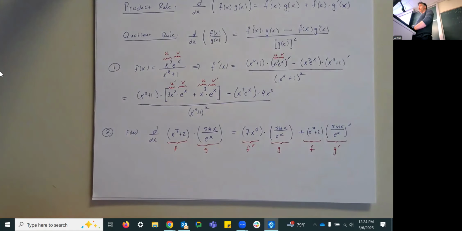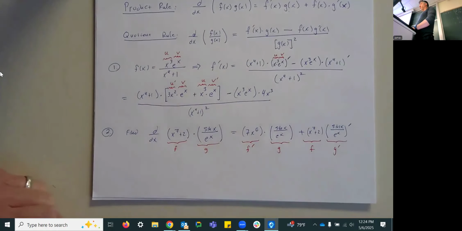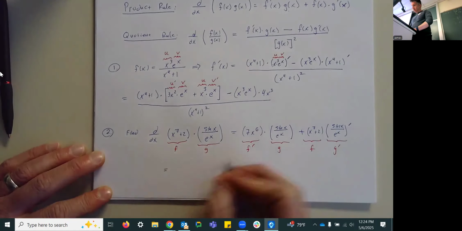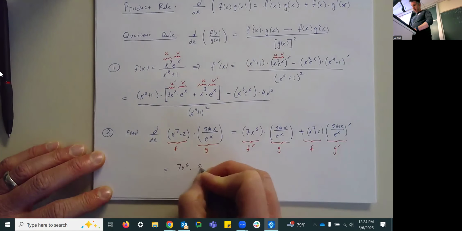But now, just like in the previous part, if we have some primes left in what we've written, we still have work to do, right? That's telling me I still actually have to find that derivative. So let's continue on. We're going to rewrite all of it and get 7x to the 6th times sine x